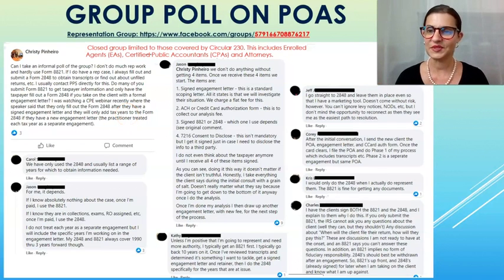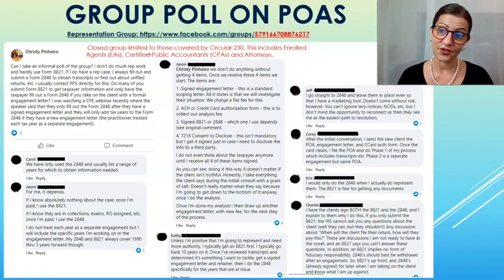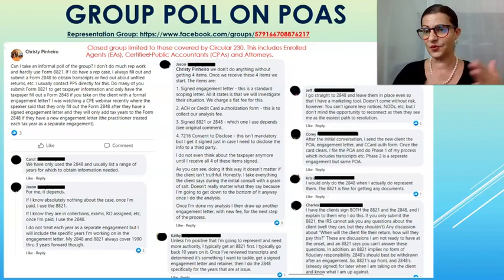So there's all different types of tax practices out there, obviously, but some tax practitioners do a lot more rep work than others. And all of them, if they do any kind of rep work, are going to be using IRS power of attorney forms. But I wanted to know, based on what other tax practitioners did, how often they use the 8821 versus the